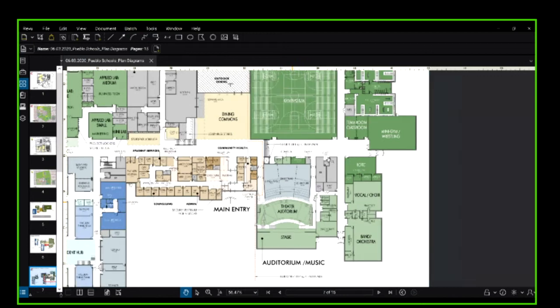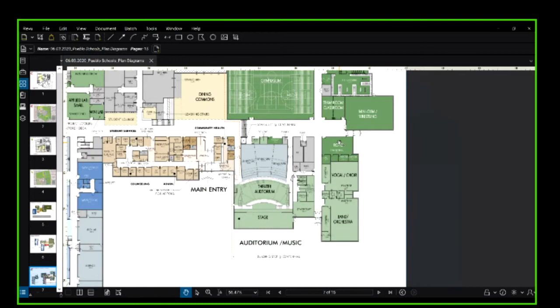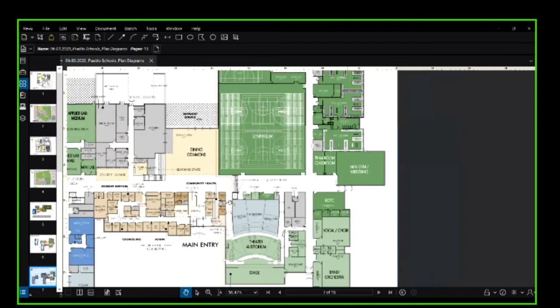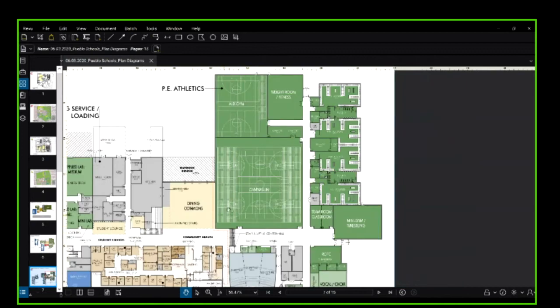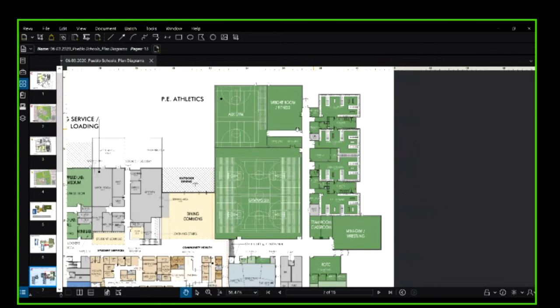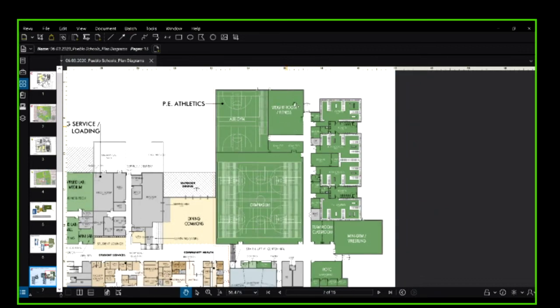So we'll have our music spaces, our OCC space, and at the end of our main spine, we'll have our mini gym. Our main gymnasium is off of that main dining common, so that can be used as pre-function space. And then this back hall will take you through to our locker room. So we'll have PE athletic lockers, our coaches' offices, showers, all those kinds of things. Back on this corner, we have our fitness and weight room. Then we have our aux gym tied to that main gymnasium next to it, and gym storage for both.